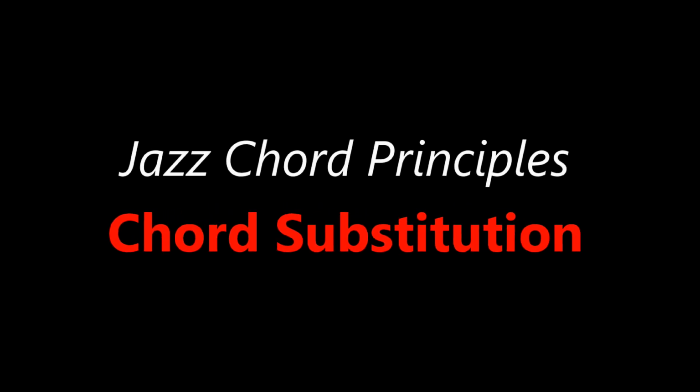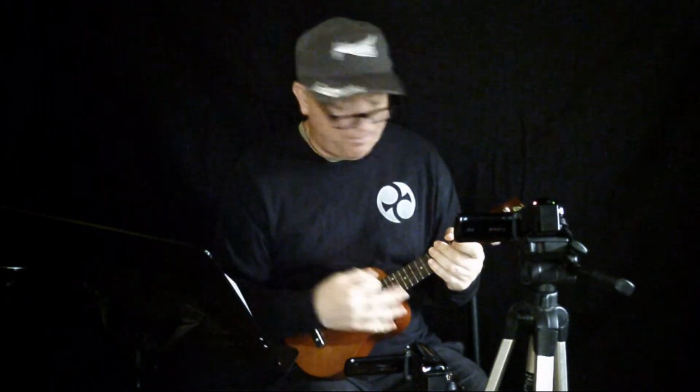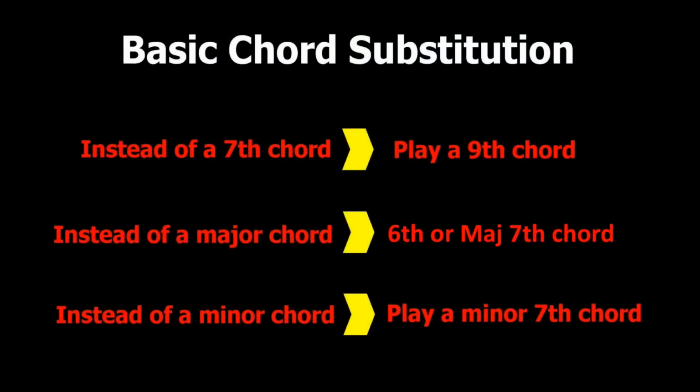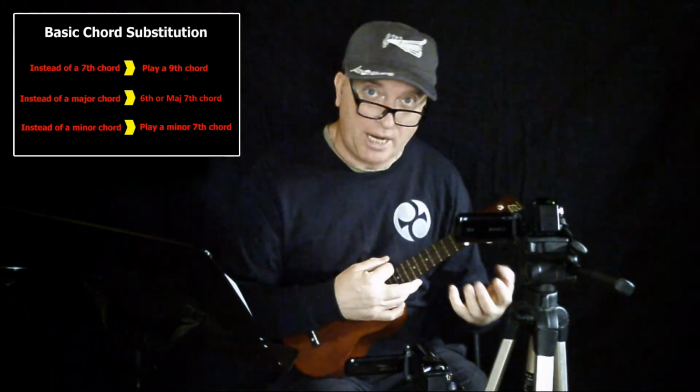Alright, the first principle of jazz is that if we're going to be jazzing up our folk and bluegrass songs, we want to know how to add a jazz chord and when. So the first principle is called chord substitution. Basically, anytime there's a 7th chord being played, you can always throw in a 9th chord. So if someone's playing a G7 in a bluesy folk song, you could throw in a G9